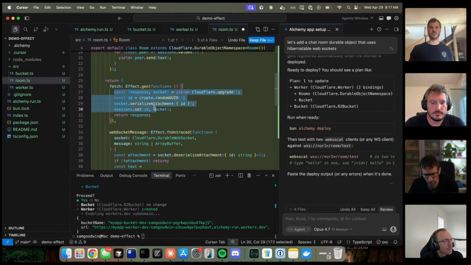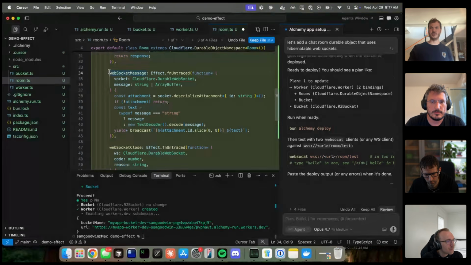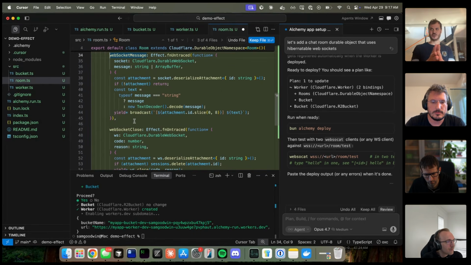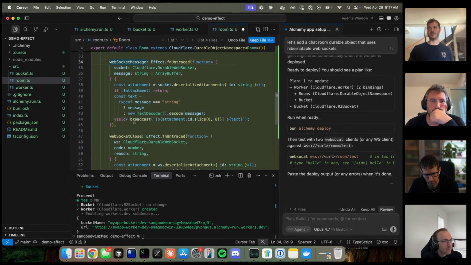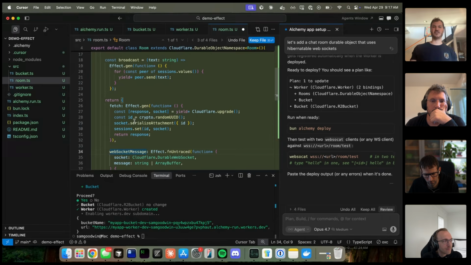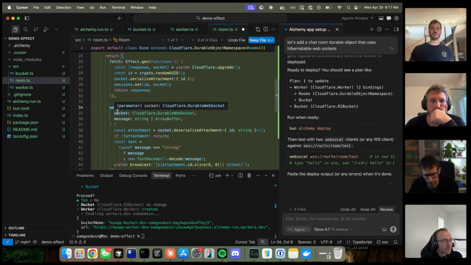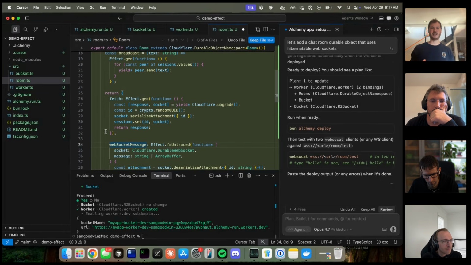This is going to just simply upgrade to a WebSocket, right? And I'll also implement the WebSocket message and WebSocket close event handlers. And it's really unfortunate I can't use effect socket here because they're hibernatable. It'd be really cool if this could just be effect socket, but for now, you have to sort of implement it in this decoupled way. You can't pipe off of the socket